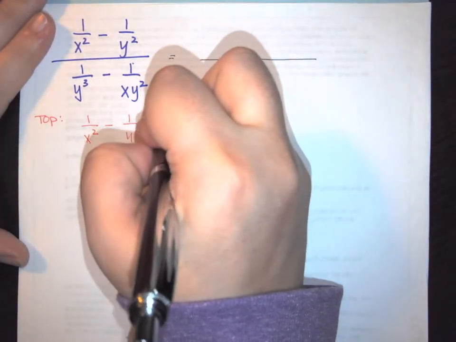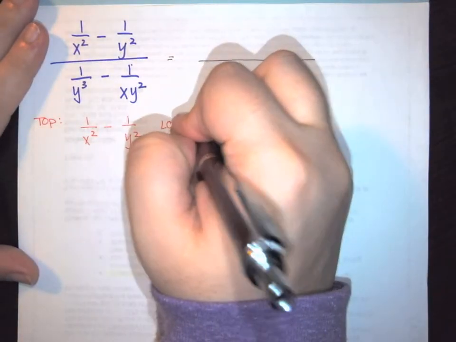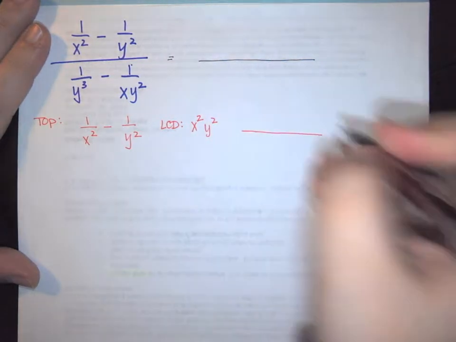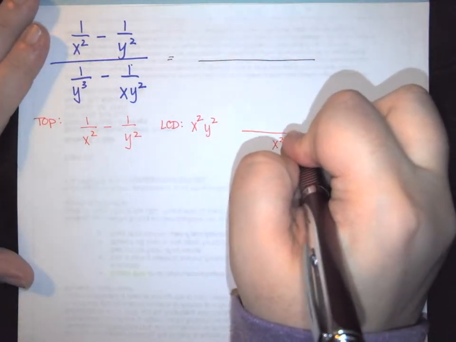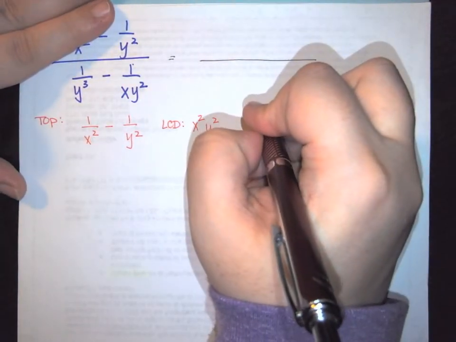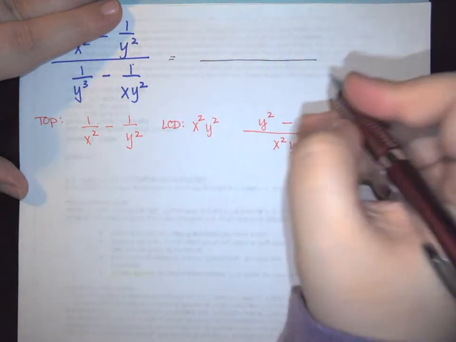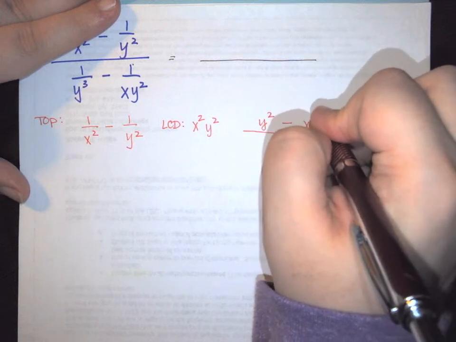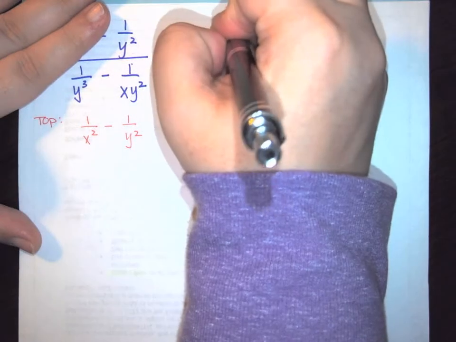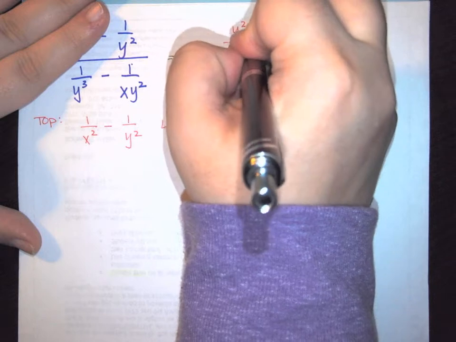Now the first thing we need is a least common denominator. So I have an x squared and a y squared in the bottom. That means my least common denominator is x squared y squared. So when I redo this rational, I'm going to have x squared y squared as my denominator. For my first part, I'm missing the y squared, so this becomes y squared. I'm still subtracting. In the second part, I'm missing the x squared, so that's my new numerator. So up here, we're going to end up having y squared minus x squared all over x squared y squared